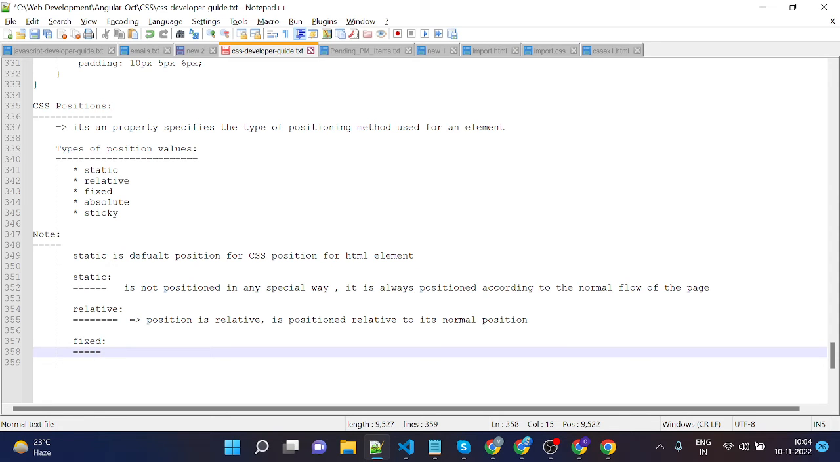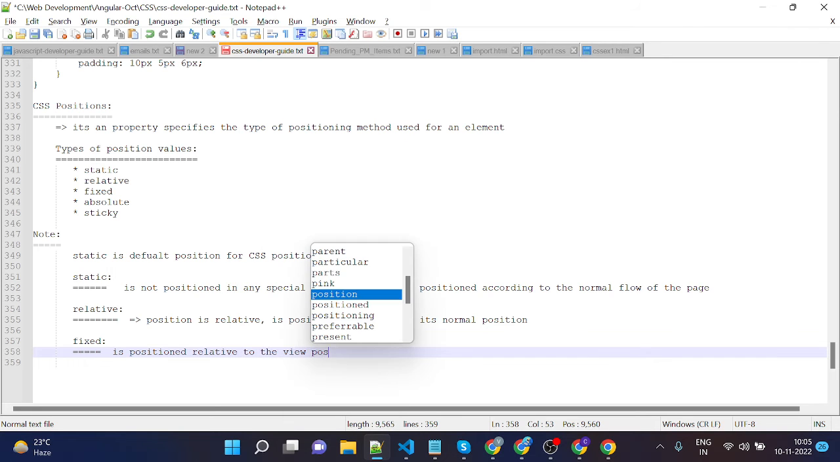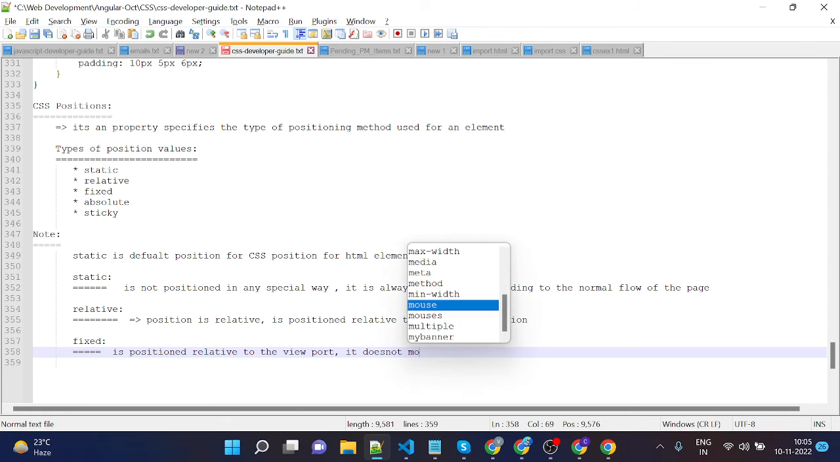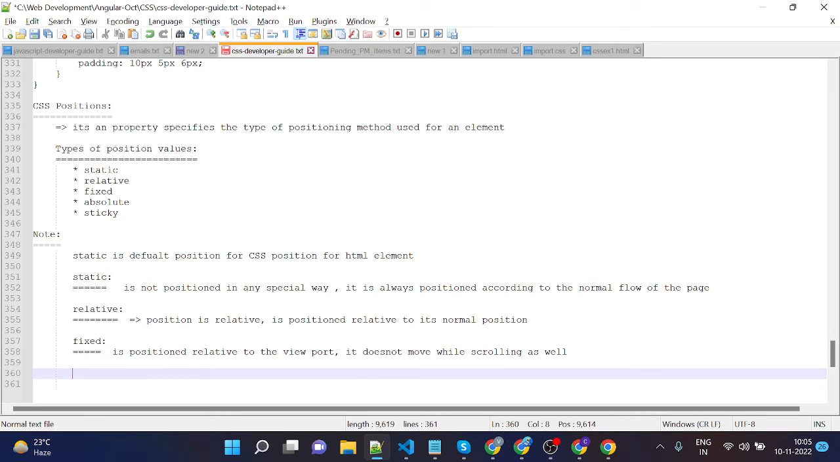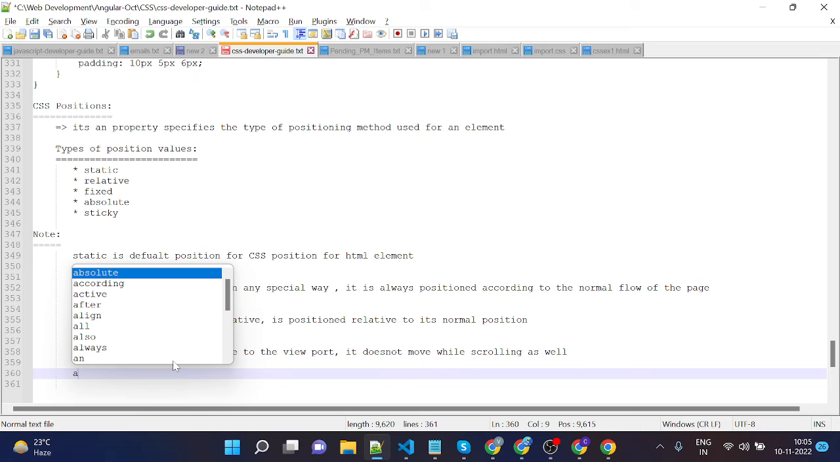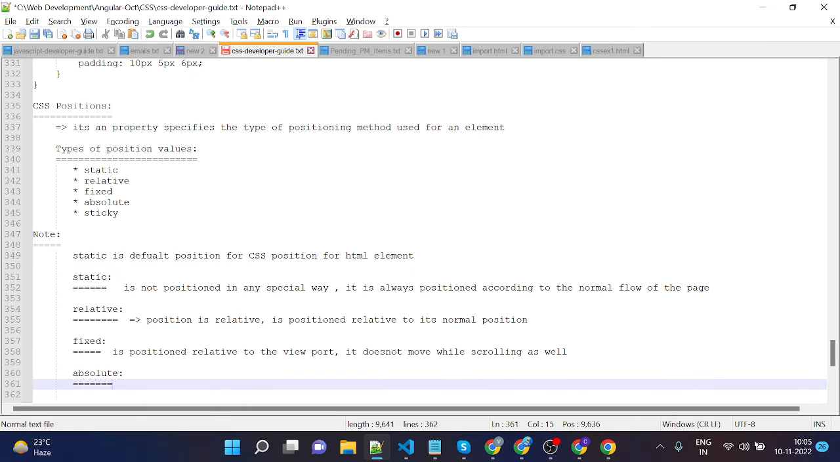You can mention that it is positioned relative to the viewport. It means it doesn't move while scrolling as well. Even when we're scrolling, it doesn't move from its position, as fixed. And one more: absolute. Absolute is nothing but,